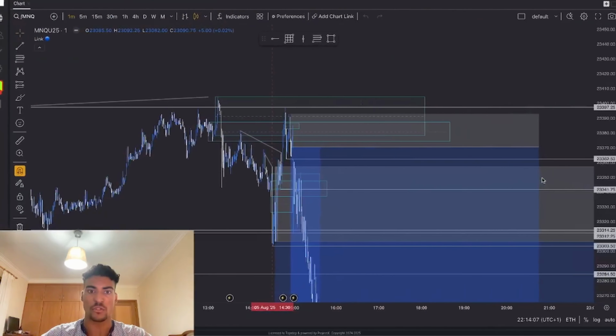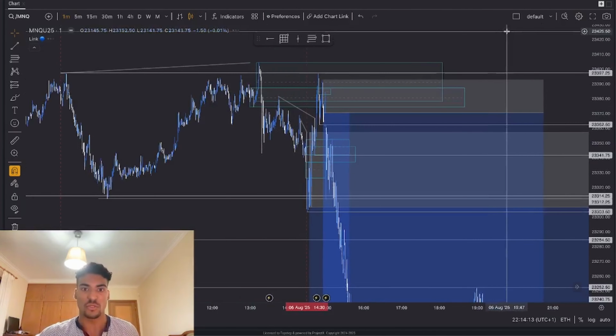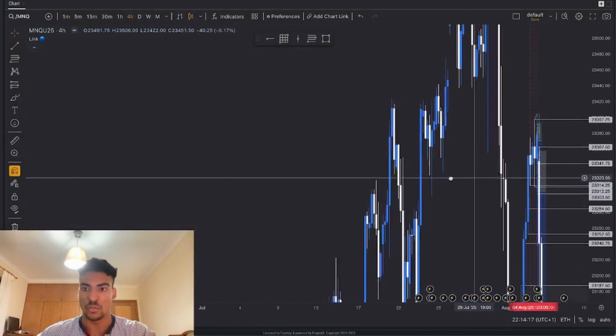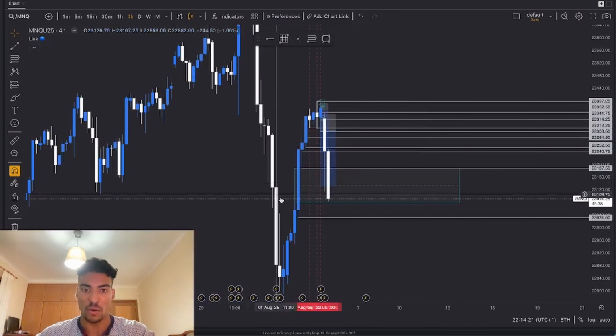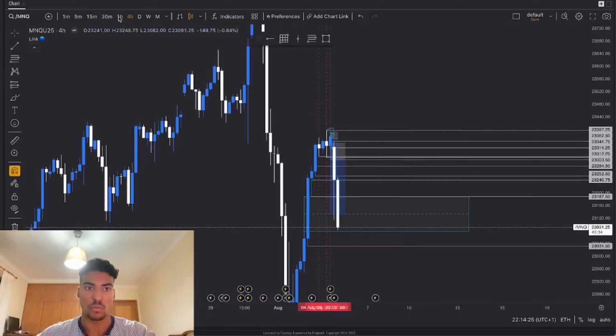Today we are actually going to show you how I made only $1.50 today trading the Nasdaq, and how today was actually insane. So let's go first of all to the draws on liquidity for the day. We didn't have really much draws on liquidity in the 4 hour. I marked this 4 hour fair value gap and there wasn't really much more to mark on the 4 hour